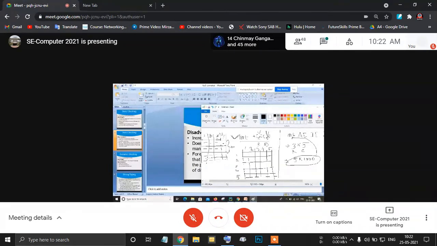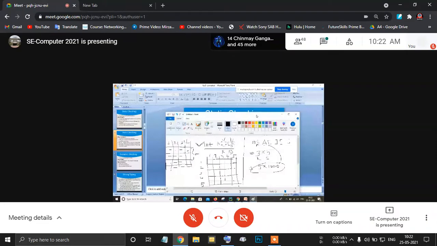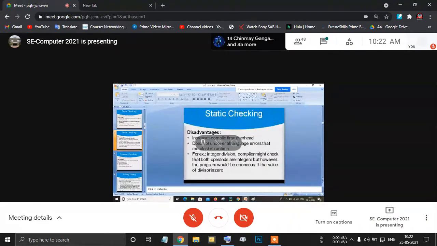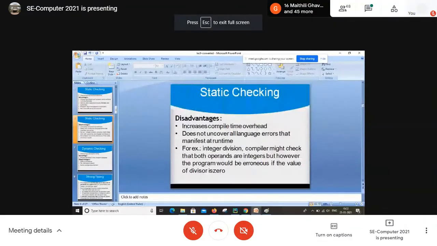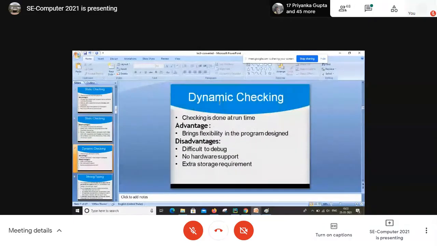And the example is given. So already we considered one example for an array. Now dynamic checking. This is a very important aspect as far as your theory, practical as well as online examination is concerned. Practical examination related to data structure, theory subject PPL, and as well the MCQ for these in the same examination. So dynamic checking is a very important aspect in a programming language.